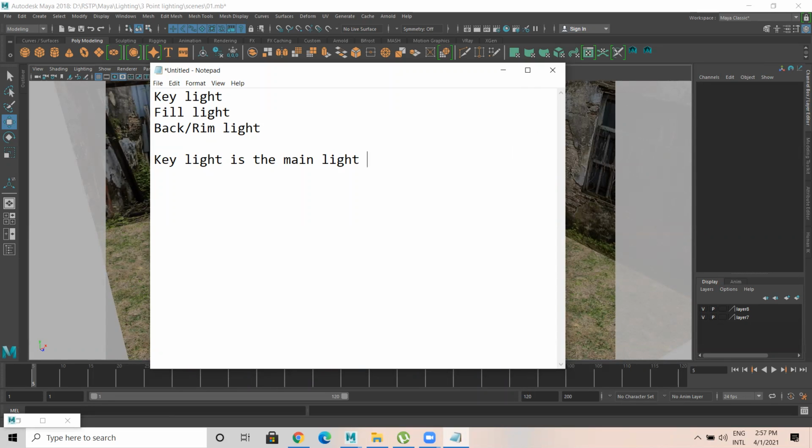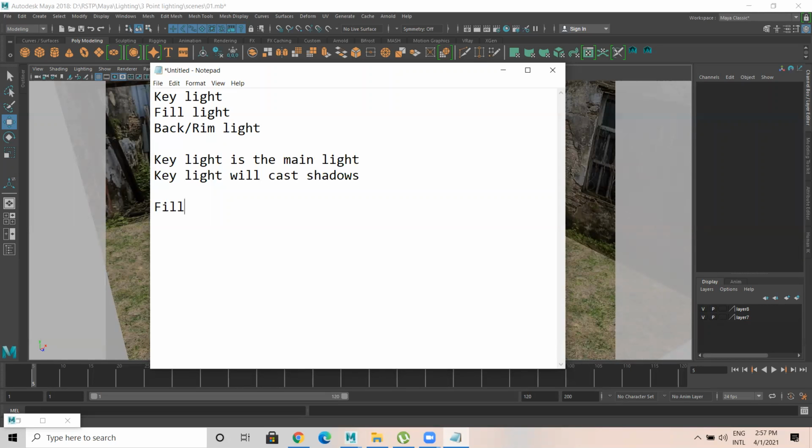Key light will cast shadow. Okay. But the disadvantage is it will darken the other side of the character. Okay.